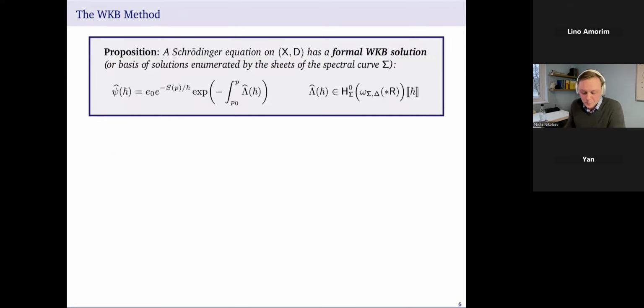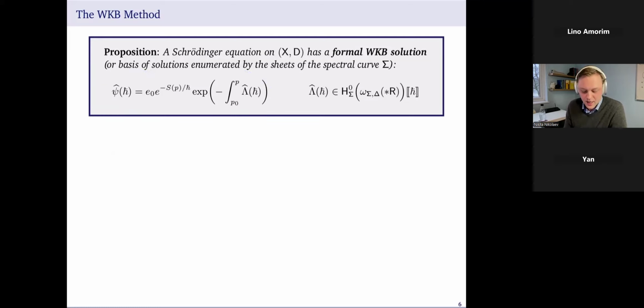Right. Okay. So yeah, the upshot of that little lemma is that now you have this small proposition, which gives a much more invariant formulation of what the WKB ansatz, or formal WKB solution, actually is. So now I'm writing this down as a section of the anti-spin bundle,